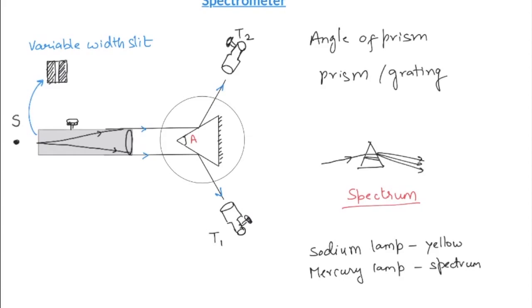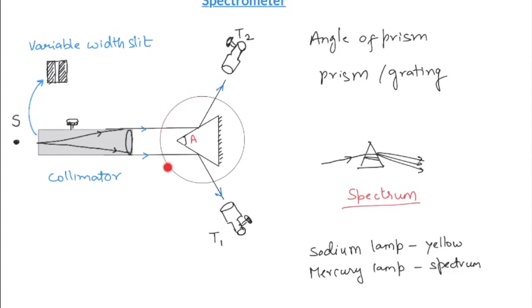It consists of a tube which we call a collimator. As the word collimator means to collect, it collects light and converts it into a parallel wavefront, which then reaches the prism. In this case prism is set in such a way that base is perpendicular to the incoming beam of light. So instead of refraction, reflection is happening from the two edges, and the reflection can be observed from the telescope. This is the same telescope, which is now in T1 position and then in T2.